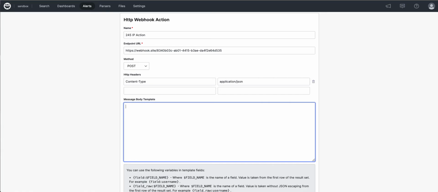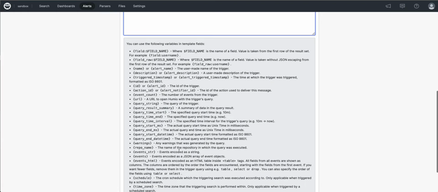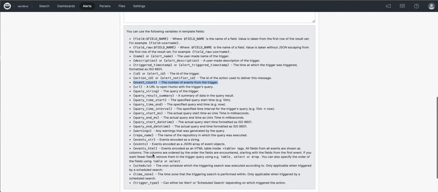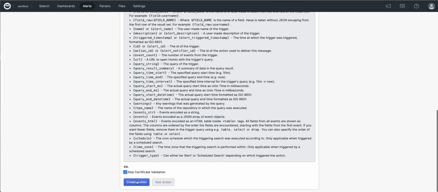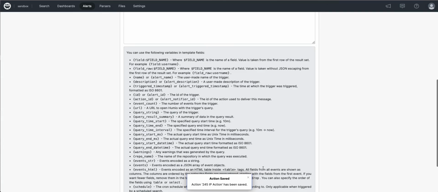I'm going to replace this with some other values, and I'll show you where I get those later. This is our message body template, which is the payload that we'll send to the webhook. So I'm getting that from this list of documented payload items here. I got a URL, the event count, and the events as a JSON array. Skip certificate validation, create my action,